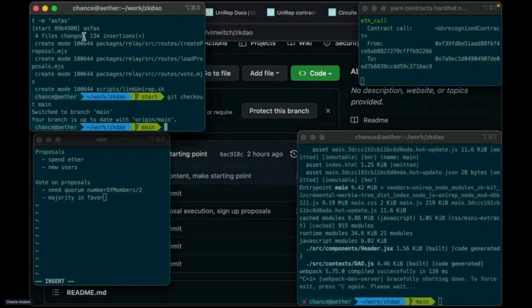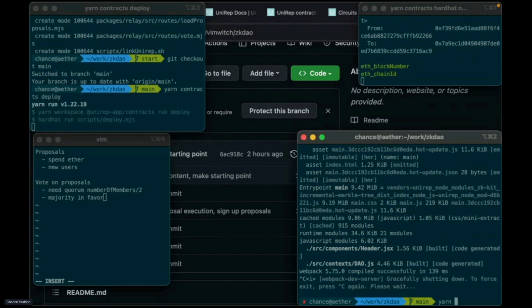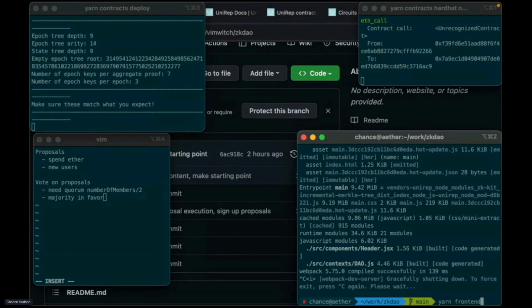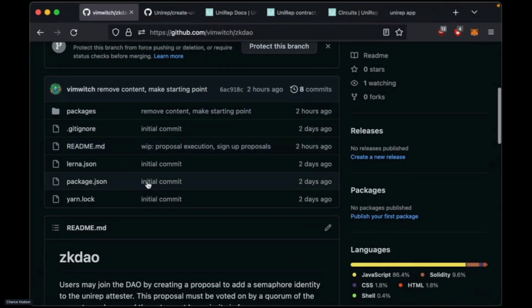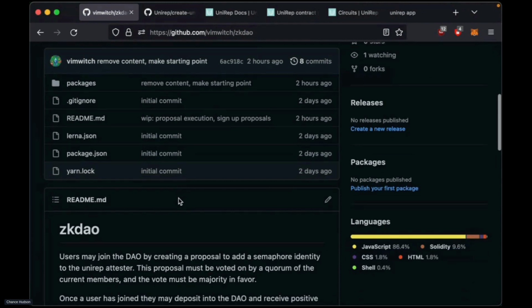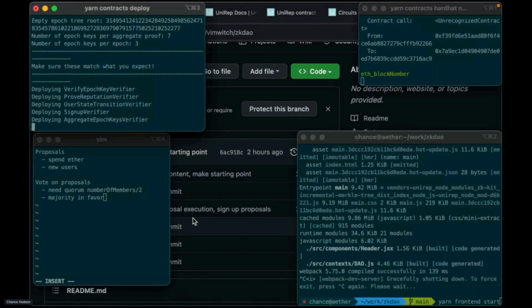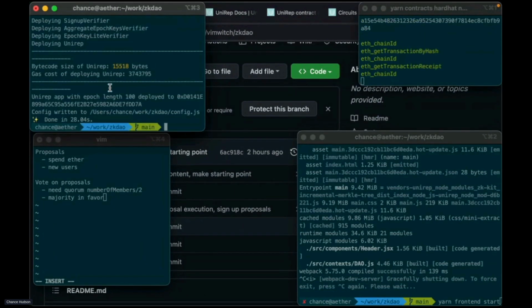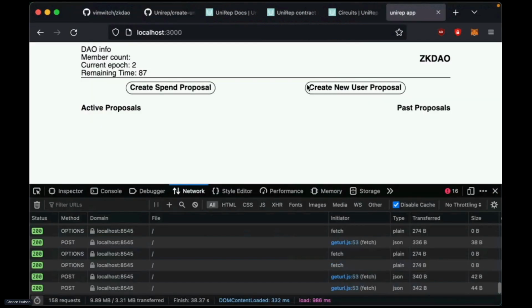Okay. So we'll go ahead and deploy that. We'll go ahead and start the front end and start the relay. And I'll just skip ahead and show you the finished thing and how it works. Again, if you want to test this, check out the main branch. I set the start branch as the default, just for no reason. The main branch has the actual finished code. Start the relay, start the front end, back to here.